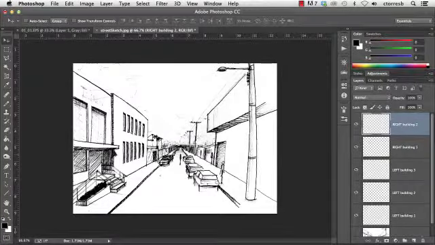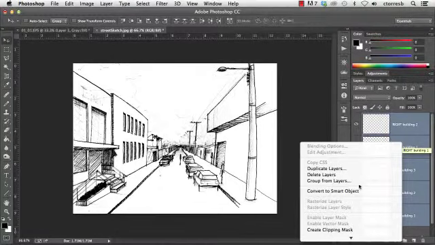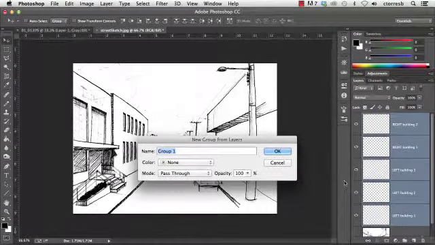I don't need to worry about making layers for all the elements that appear in the composition, just the main ones. If I want later, I could create some of those layers. The list will start increasing as I start creating layers. So I'm going to hold Shift and select all the layers that I want to place into a group. Right click on them and choose Group from Layers. The group is going to be called Buildings,